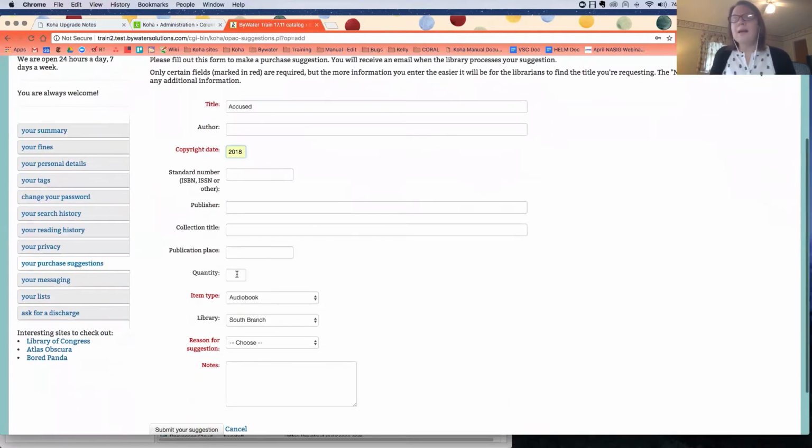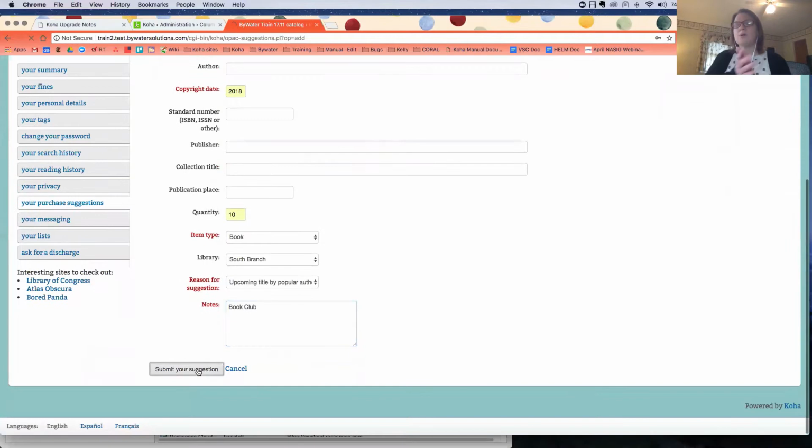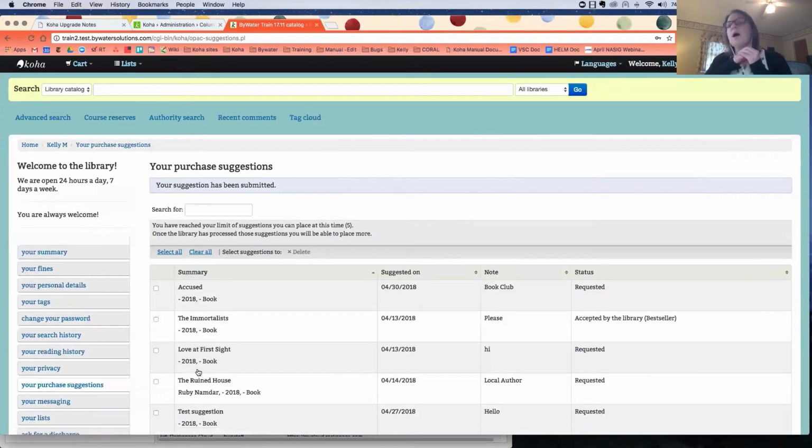I have this quantity field right now, so I can say, let's order 10 of these. Upcoming title. Any red fields are mandatory, and I'm not quite sure why our notes field is. I'll put book club. So once your patron goes ahead and uses the purchase suggestion, if that is something that you are allowing on your OPAC,